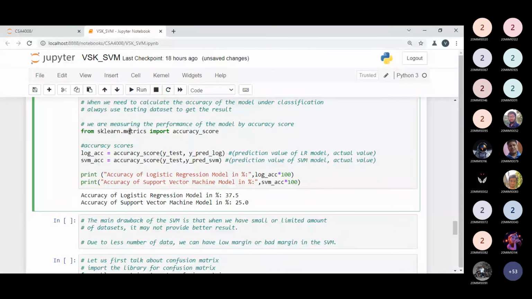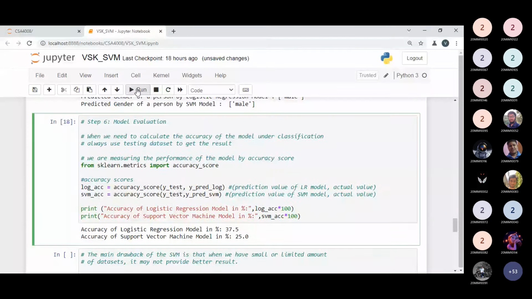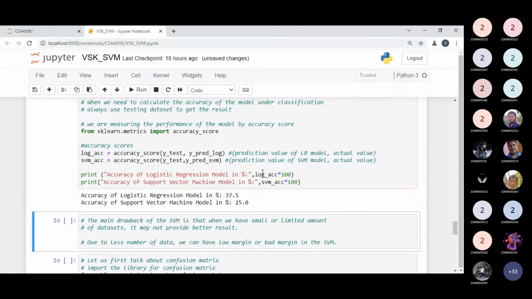Let me execute this code in front of you once again. We are getting the same values. I'm executing once again, and we are getting the same values. Nothing is changed. It doesn't matter what you pass as the actual values or the predicted values, because inside the accuracy score method, these two parameters are implicitly used to interpret the values. So nothing will change. Now we are getting the same values. Now clear? Yes, sir. The order doesn't matter.